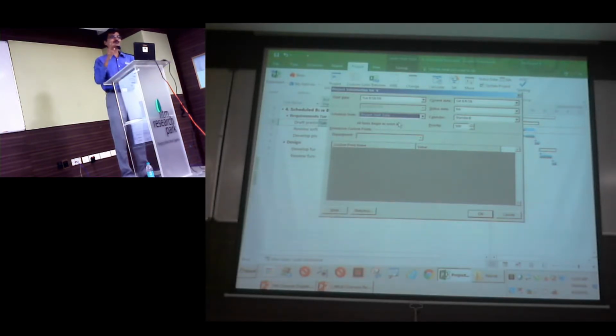But never assume that if I change from backward to forward, everything will get changed to as soon as possible. That's not how it happens. So when you do that test backward to forward, you just know where the start date is, and you have to start a new plan, and accordingly you need to adjust.